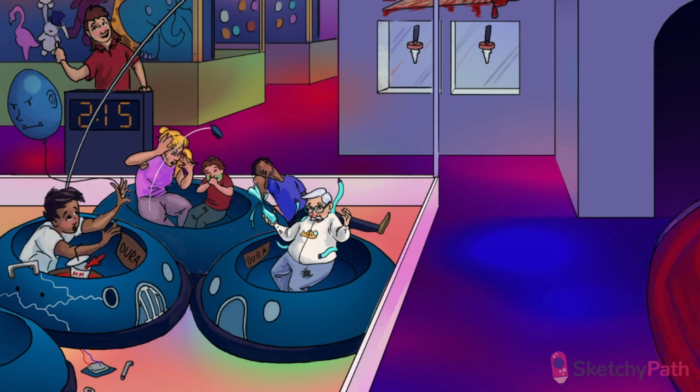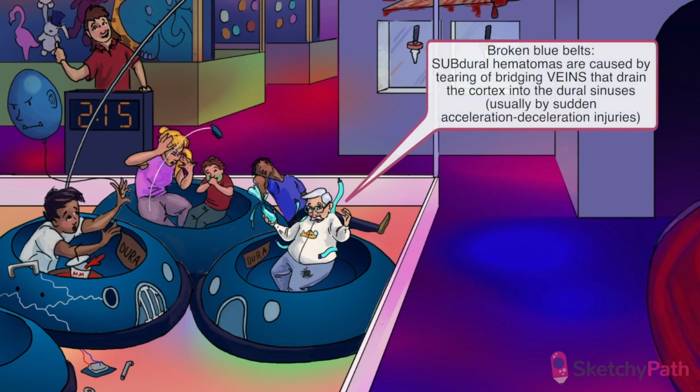Subdural hematomas are caused by tearing of the bridging veins that drain the cerebral cortex into the dural venous sinuses. So, not only is this guy's drink a venous blue, he's also tearing through those blue seatbelts inside the car. Subdural hematomas are usually caused by rapid movement of the brain, as in a car accident or fall, leading to